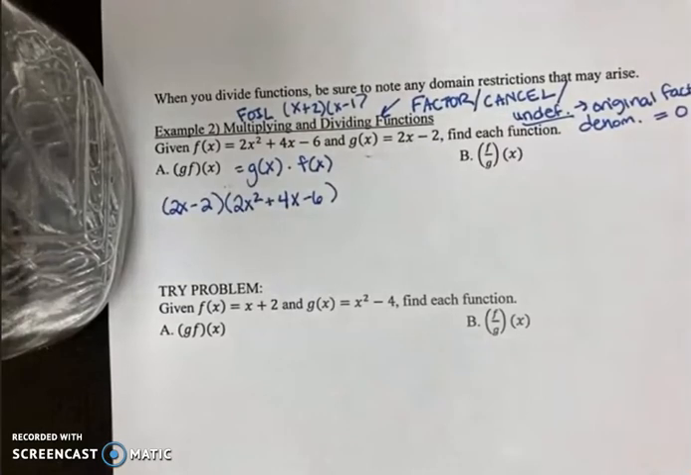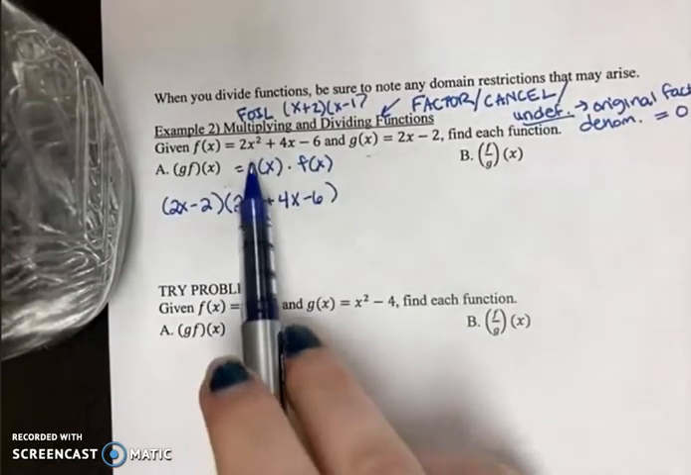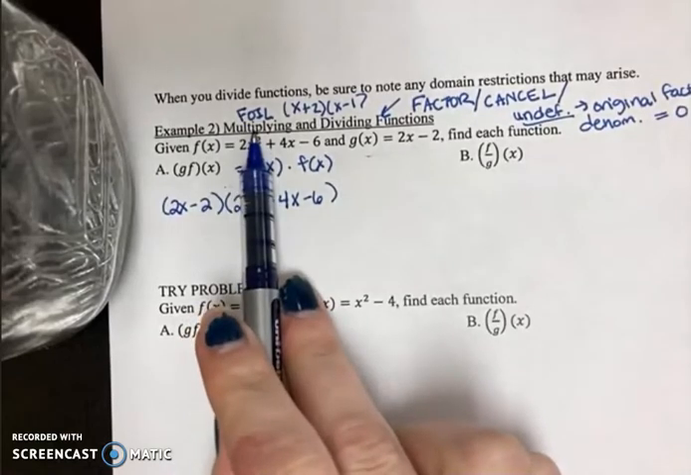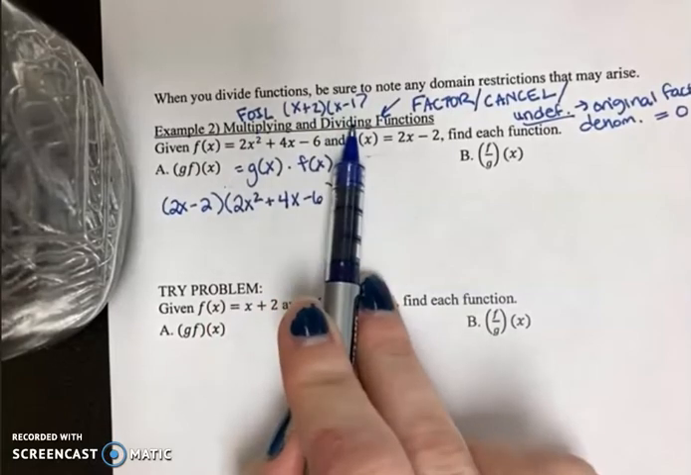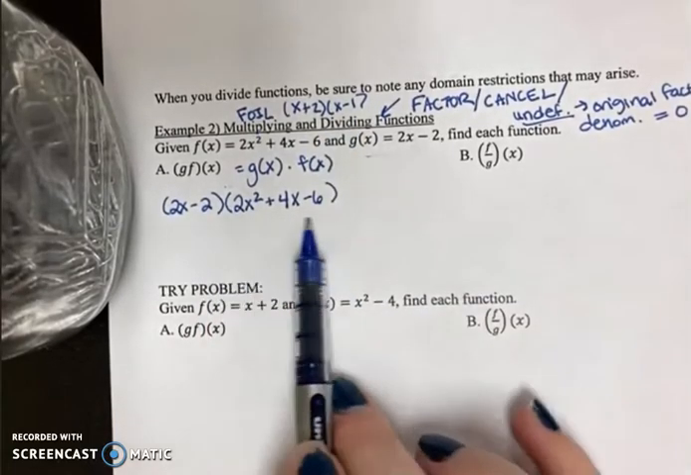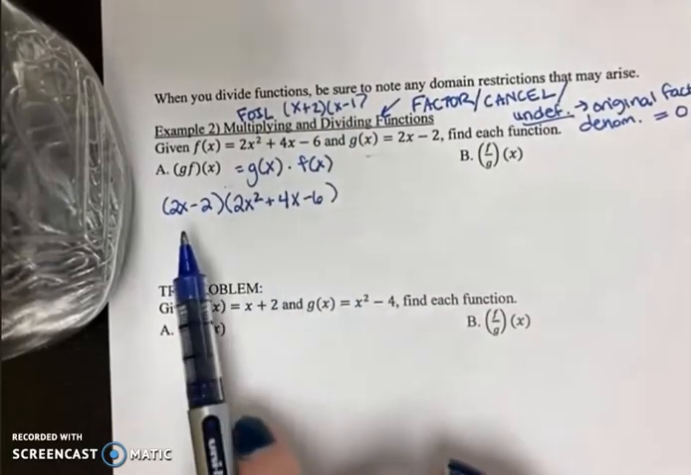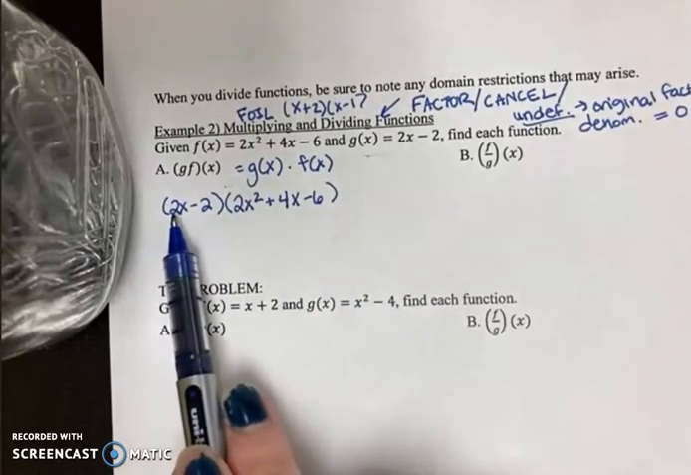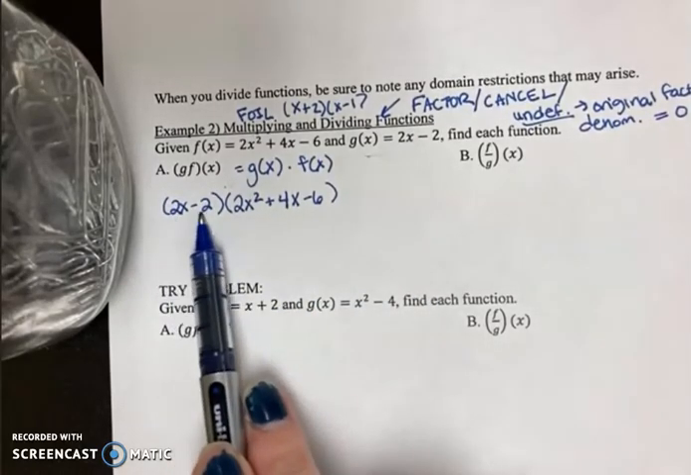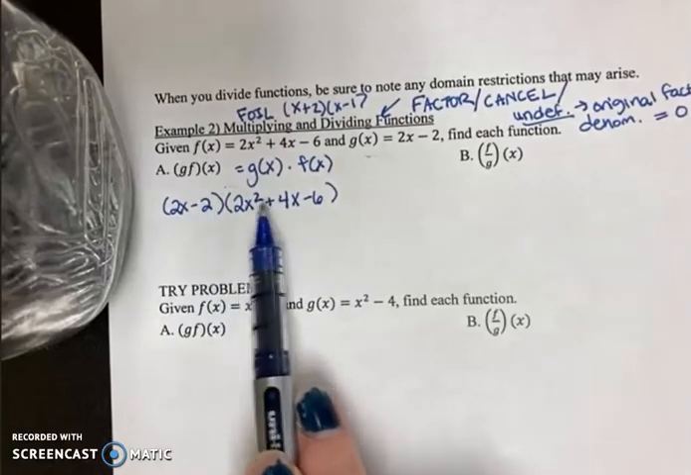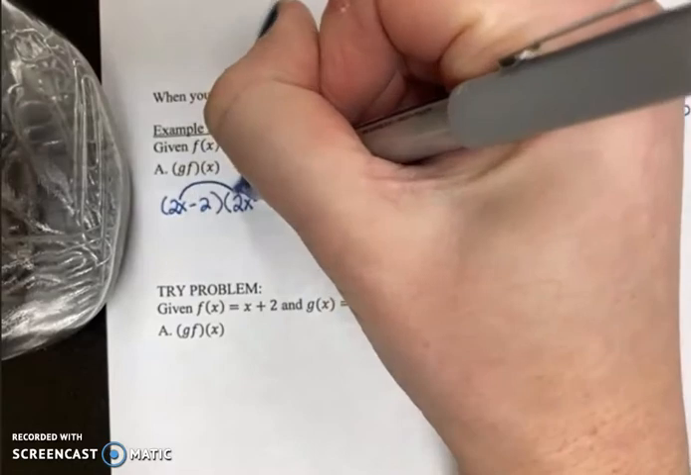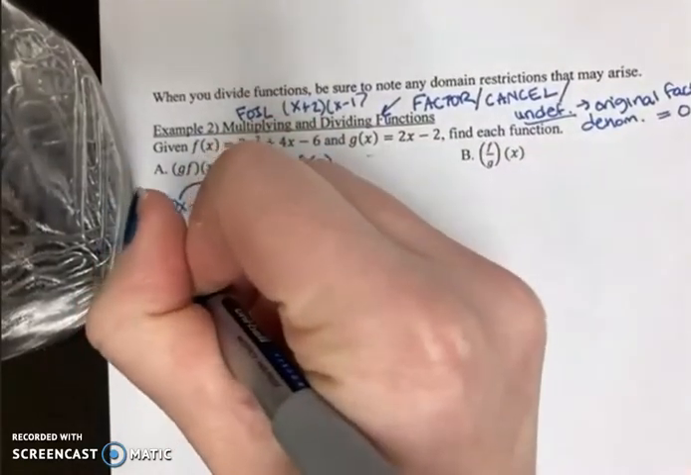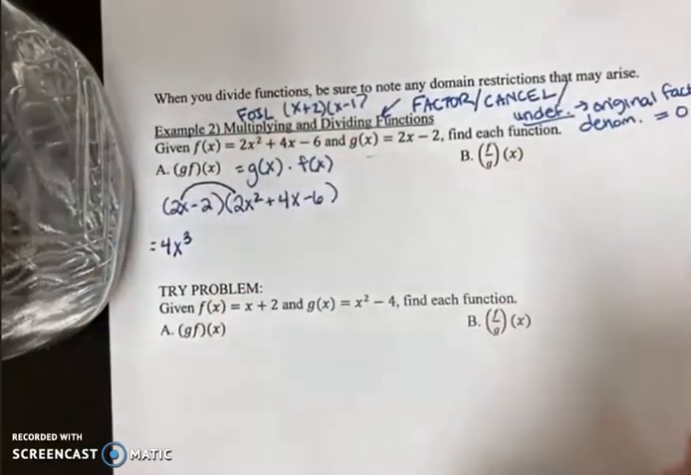Okay, so now at this point we're going to FOIL it out. Although normally we use the term FOIL when we just have a binomial times a binomial, it's the same idea if I have more than 2 terms here. We're going to distribute each term in the first binomial to each term in the second. So it's going to be 2x times 2x squared, which is 4x cubed,